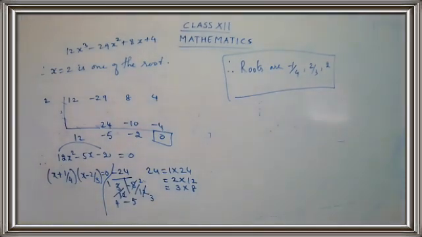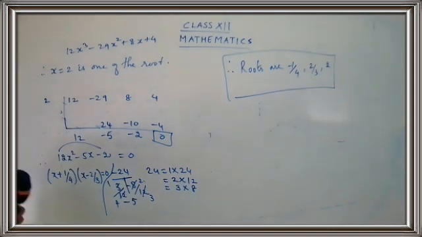So we have found the answer for the second one. That's minus 1 by 4, 2 by 3 and 2. Clear? Let's go for one more sum. Straight on to the second question. Examine for the rational roots of. You are going to examine the rational roots. I told you that we will be using the rational root theorem for sum number 2. Let us apply that theorem and find out the answer. This is a very interesting sum, children. Let's see how to do this sum.